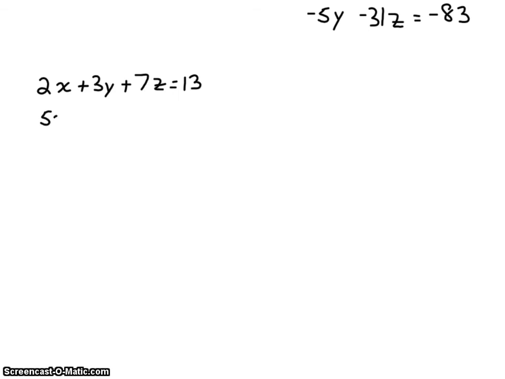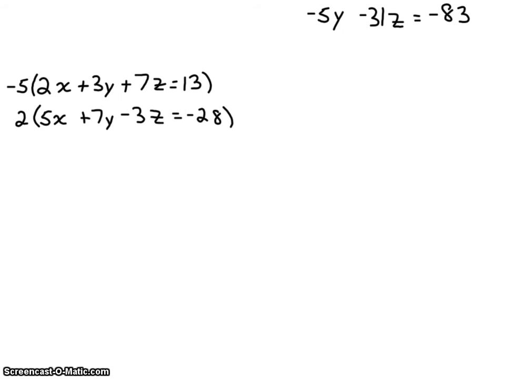Equation 3, 5x plus 7y minus 3z equals -28. I want to eliminate the x's, so I'm going to have to multiply both equations by a non-zero constant. Looks like I want to get -10 and 10, so I'll multiply our equation 1 by -5 and the other